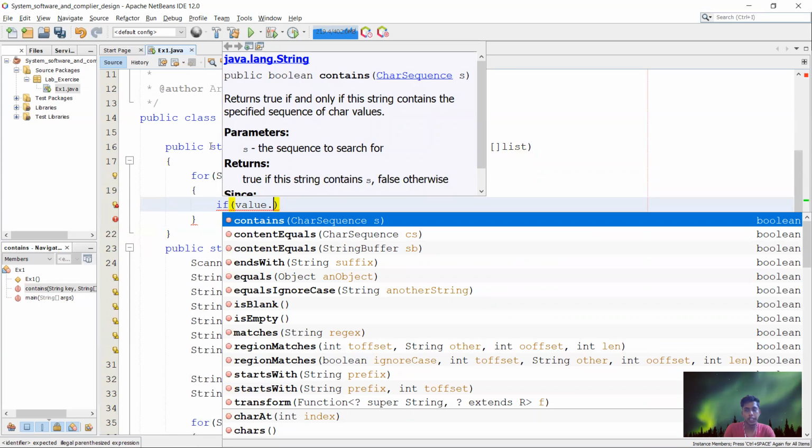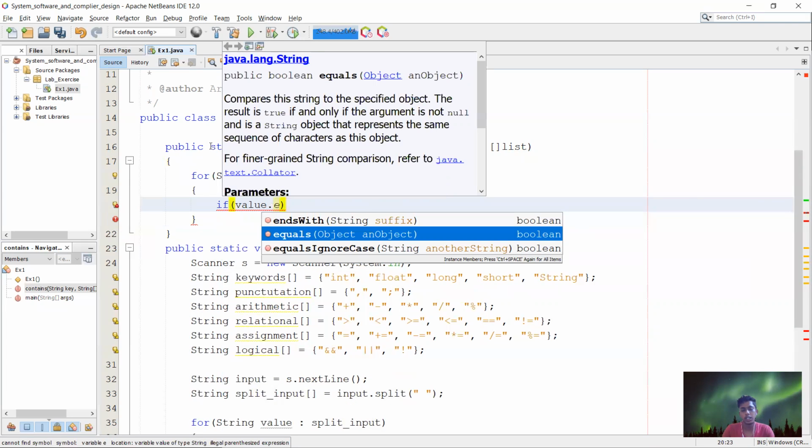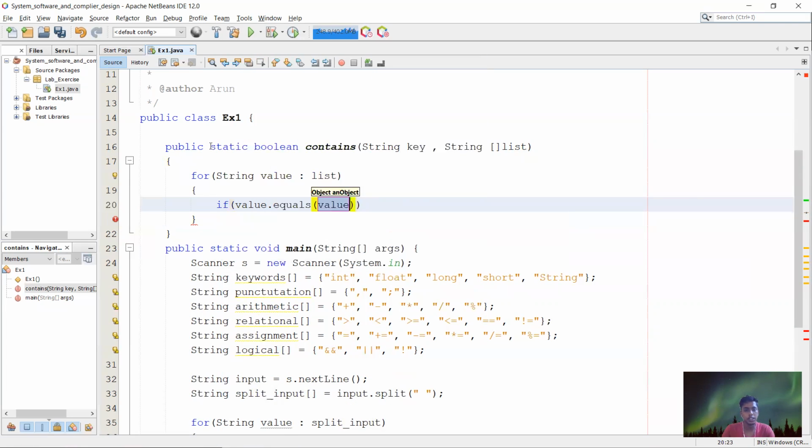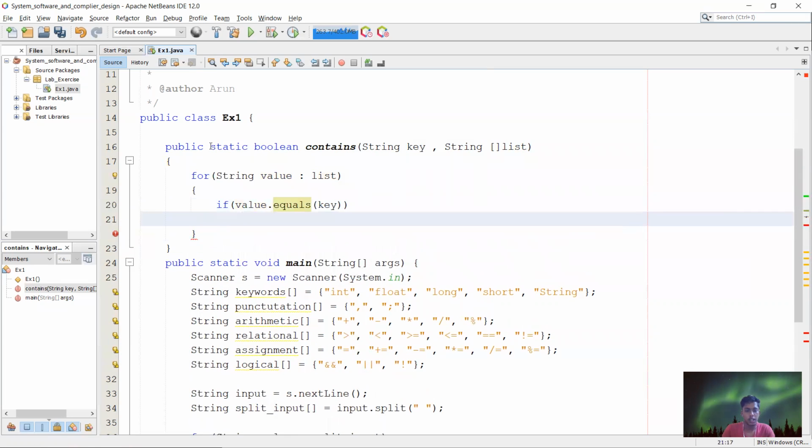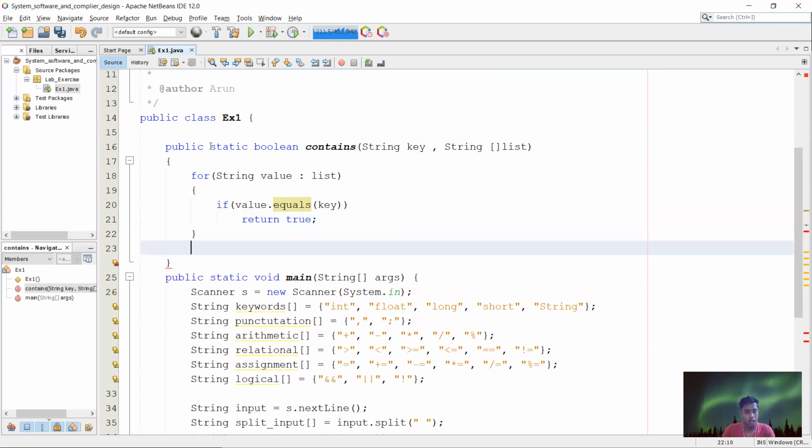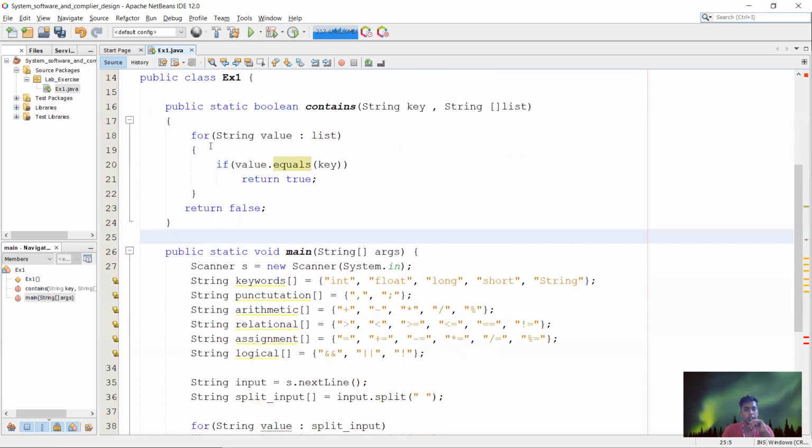For matching we need to use equals. There is an equals function in String, which checks whether both values are equal. So we need to compare it with key. If it is equal, we need to return true. Otherwise, we need to return false in the outer for loop. Return false. So that's it for checking the content in the list.